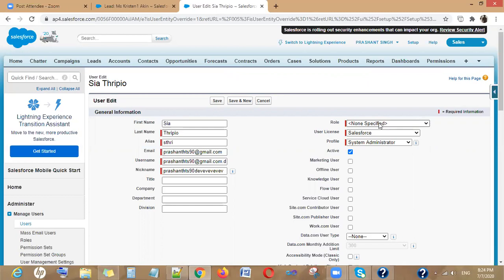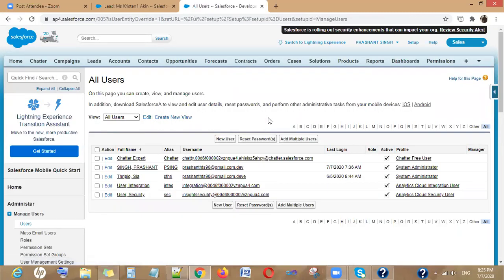In Salesforce, we have one user which is permanently marked as system administrator, and you cannot change the profile of that user. That is the first user which we create, or you can say the user on which we buy the org.